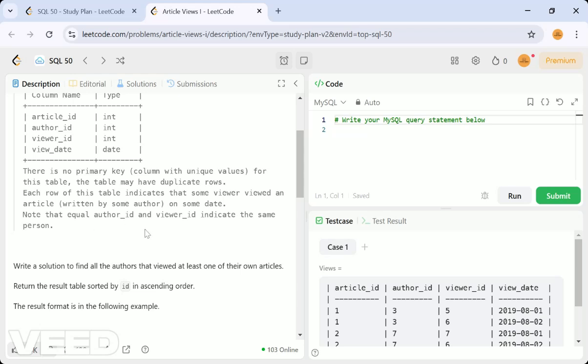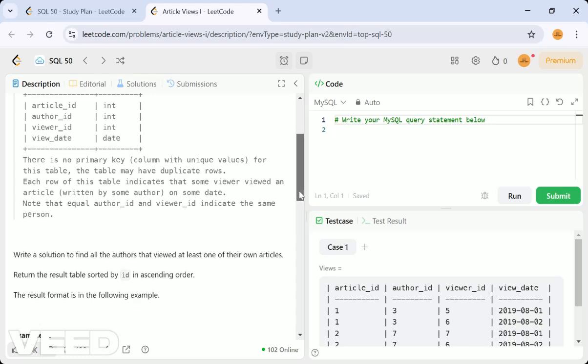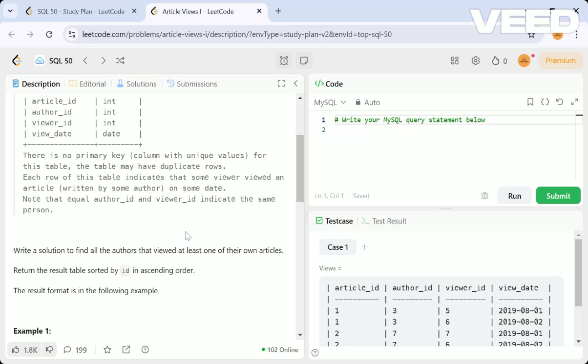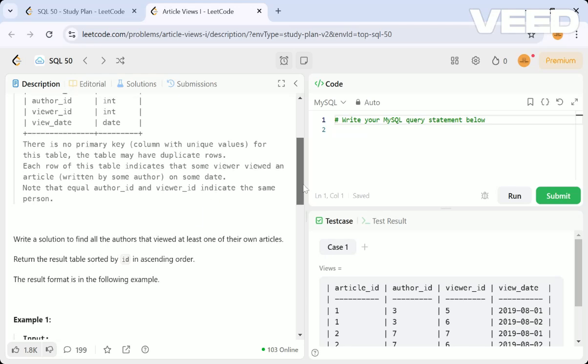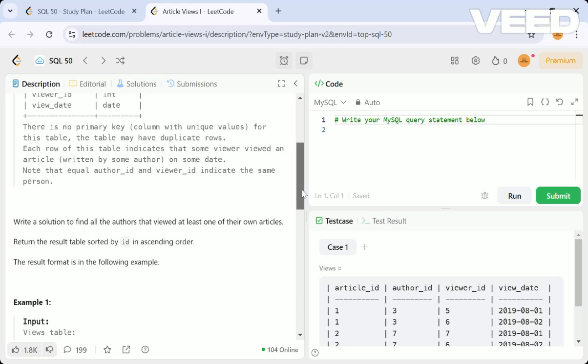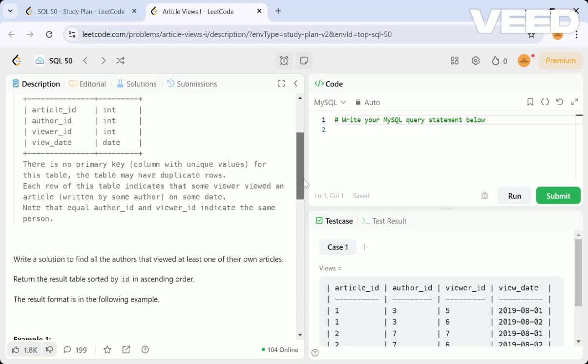Note that equal author ID and viewer ID indicate the same person. The person whose author ID and viewer ID are the same has seen his own article. If the IDs are different, then another person has viewed that author's article.